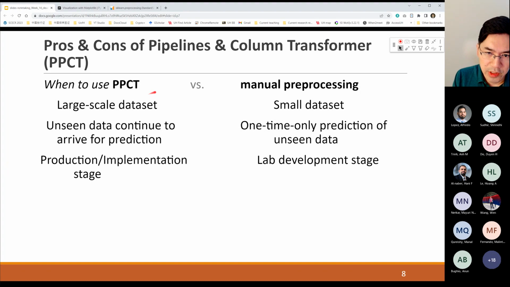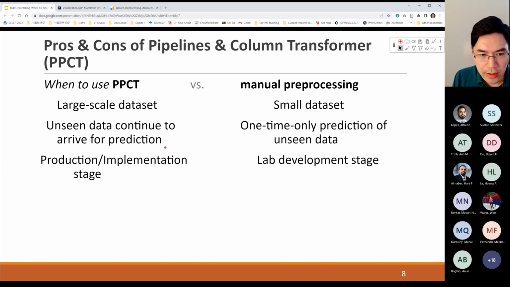So you use manual processing for smaller data sets, but for large scale data sets and for models that you expect to reuse after you fit them, to make predictions over and over on new, continuously flowing in